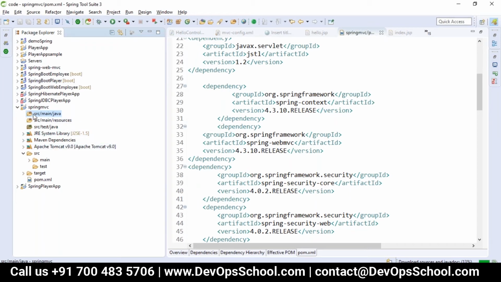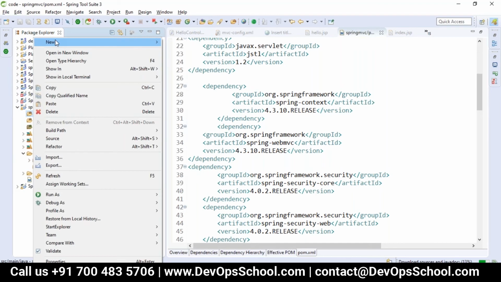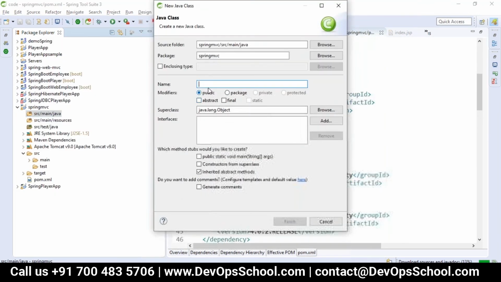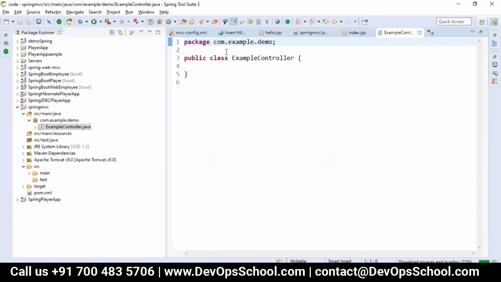So here I'm creating one controller, an example controller. It's a normal Java class.